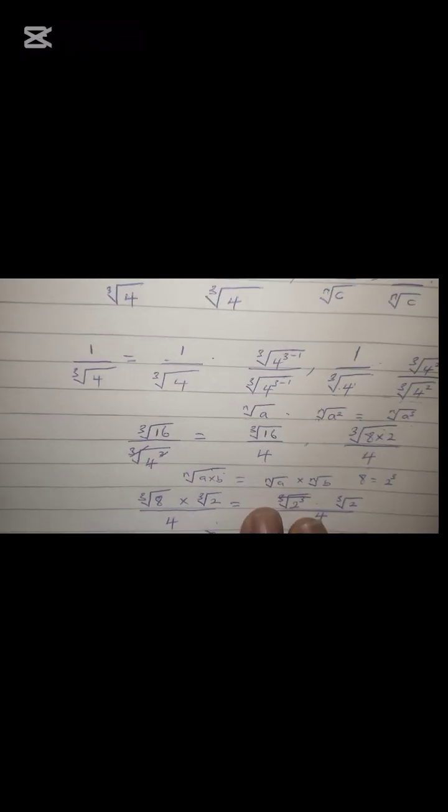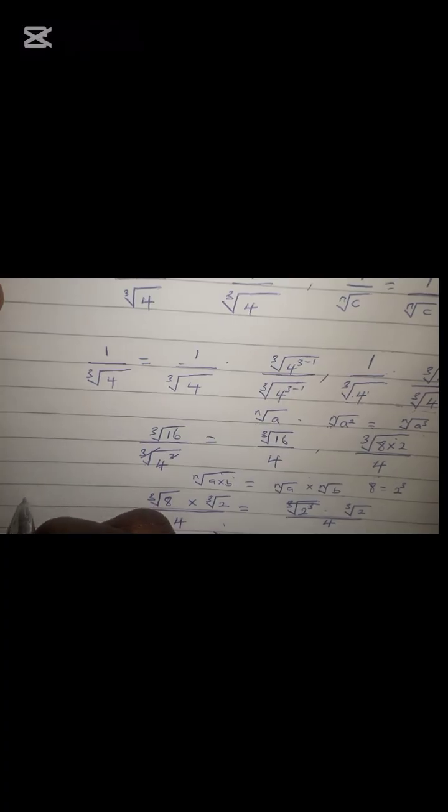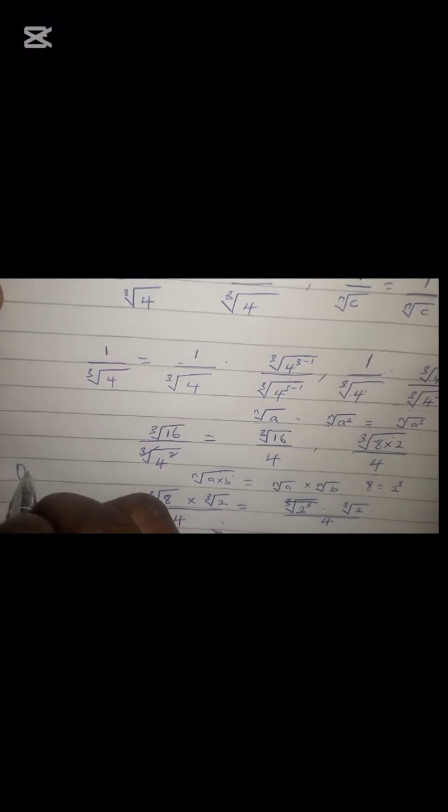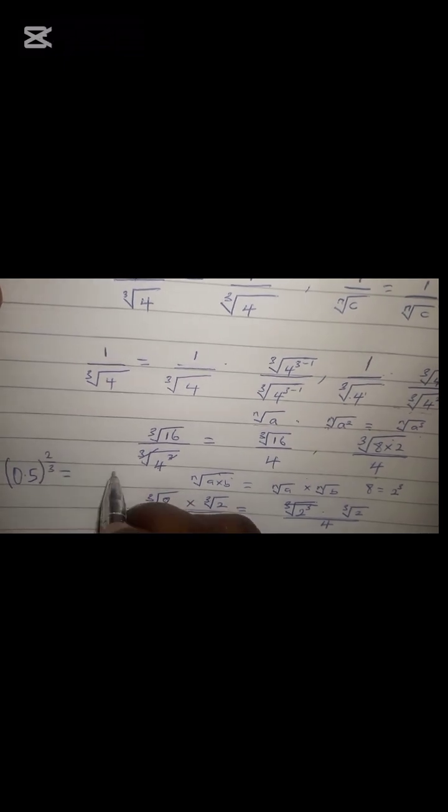So furthermore, at this part, we can say (0.5)^(2/3) is equal to the cube